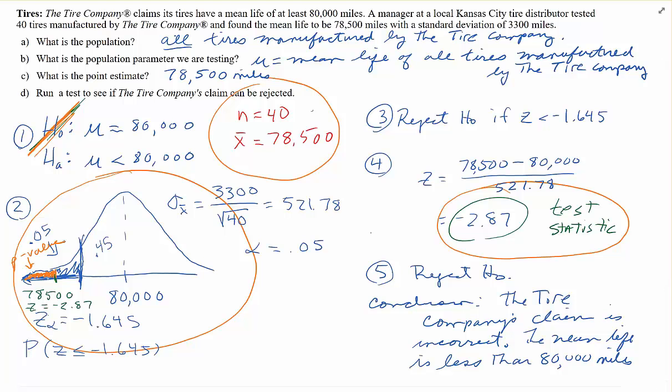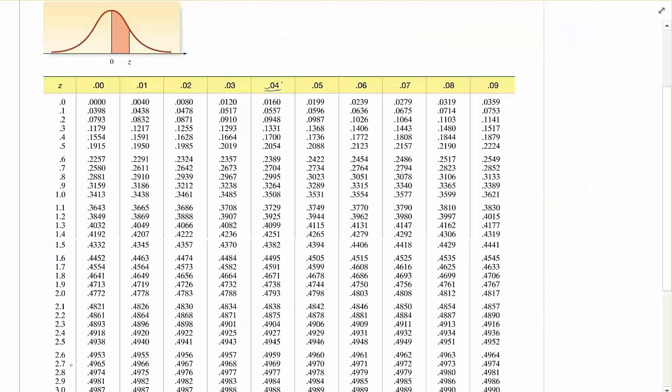And to calculate that p-value, I'm going to look up the negative 2.87 in the normal table and find the area to the left. So going down to row 2.8 and then to column 0.07, I get 0.4979. So for a z-score of 2.87, I'm going to get a probability of